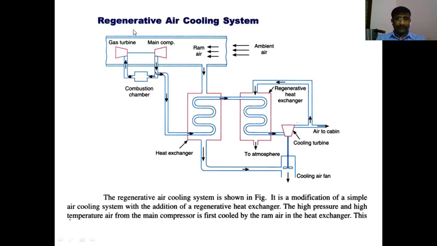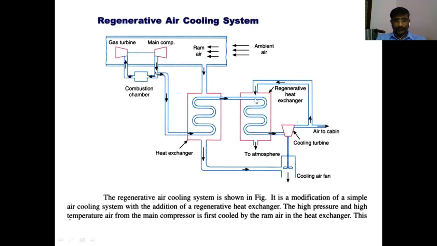Due to that, we are reducing the heat input. Heat input can be reduced by the regeneration process, therefore the efficiency of the plant also increases by the regenerative process. In that case, in refrigeration also, the regenerative process will be taken. Regenerative process means the air extracted, that is expanded in the second cooling turbine, is again utilized to decrease the temperature of air. That air extracted after the cooling turbine will be diverted.